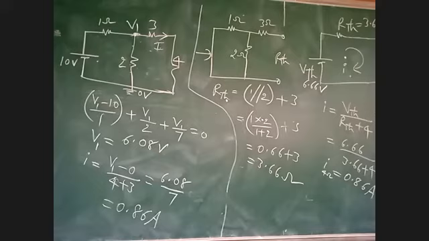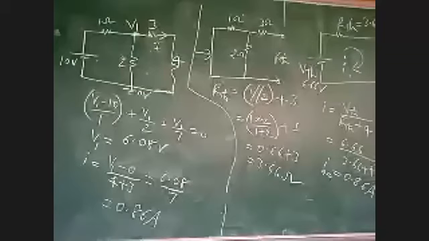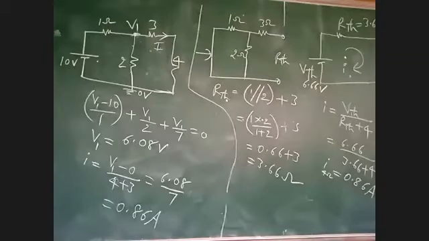Are you getting 0.86? Yes, sir. Okay. So by using the theorem or whatever the method may be, we have to get the same answer. But if they ask for the theorem, you have to follow the procedure of the theorem. You should not go for nodal analysis. You have to follow the steps: VTH you have to determine, RTH you have to determine, then draw the equivalent circuit. After drawing the equivalent circuit, you have to connect in series the resistance that we opened. Okay. We will do one more problem.